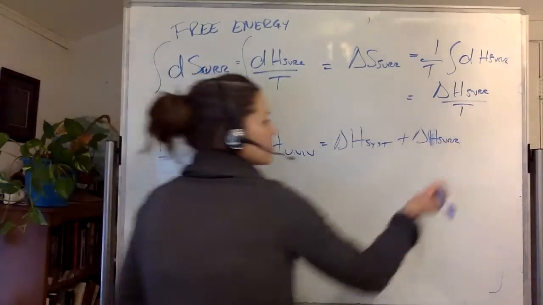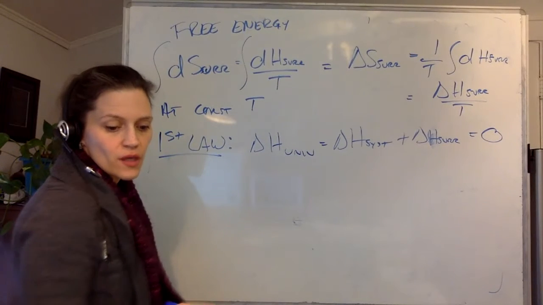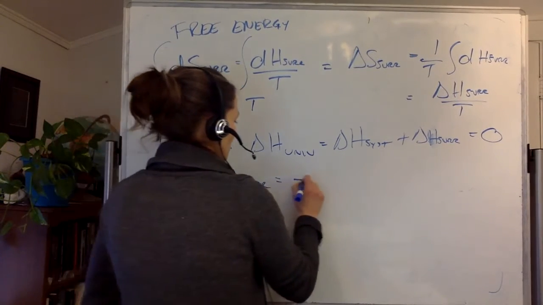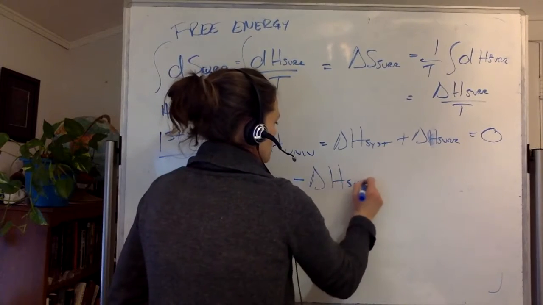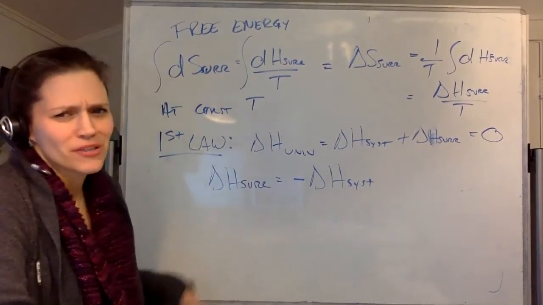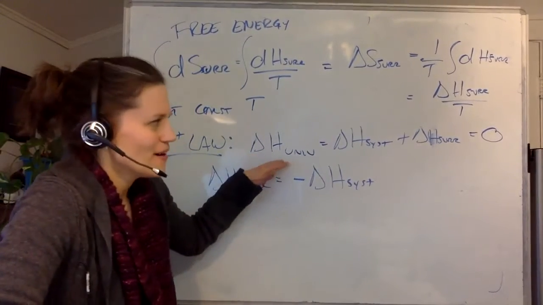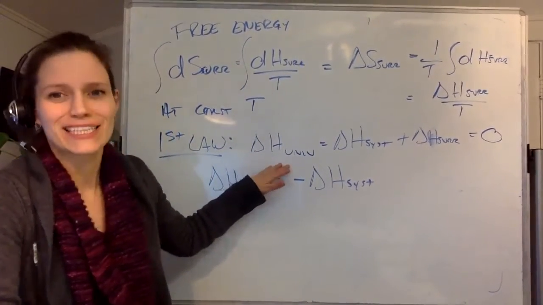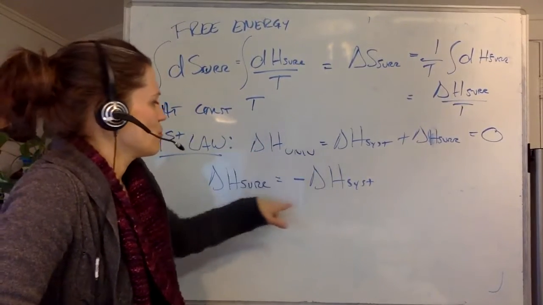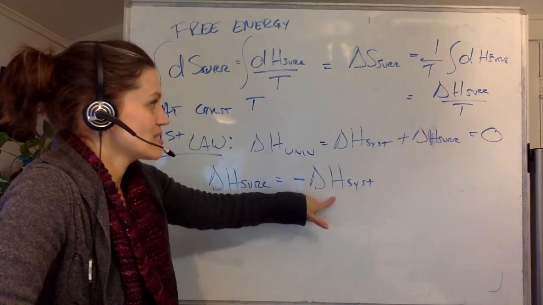I'm sorry, I said that was a constant temperature. That's not true. This is just the total enthalpy of an isolated system is 0. Sorry about that. So because I have delta H of surroundings is equal to minus delta H of my system,